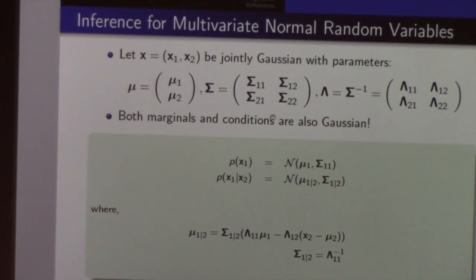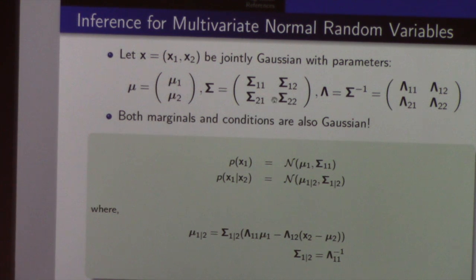And what happens with Gaussians is that marginals and conditionals are also Gaussian. That's sort of the nice property of a Gaussian distribution. So for example, here we are considering that we have two random variables, x1 and x2, and we are assuming x1 and x2 are continuous numbers. So the joint distribution of this x, which is the collection of these two, we can model as a two-dimensional Gaussian distribution,